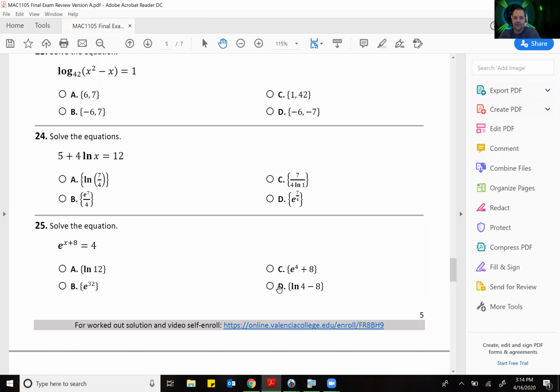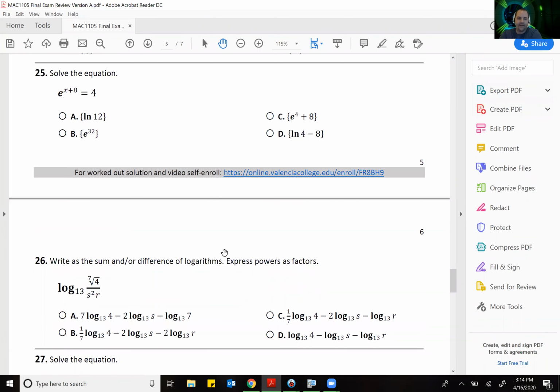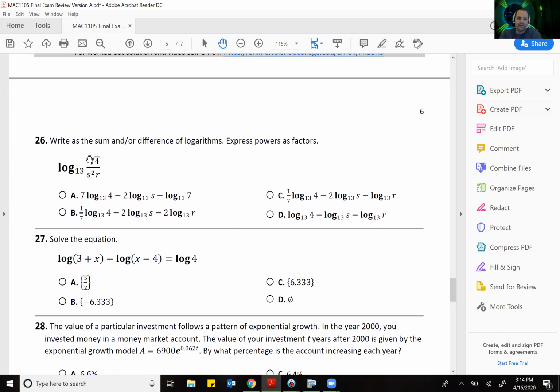So this is actually the answer. D. D. All right. Moving along. Number 26. This is going to seem like it jumps back. Number 26 and number 27, we are jumping back into